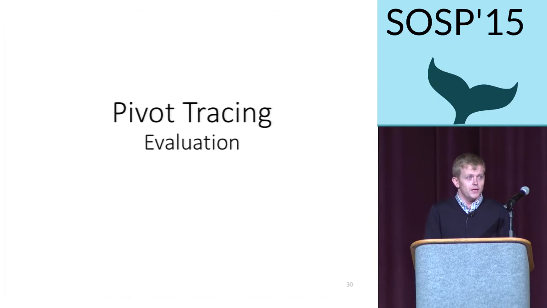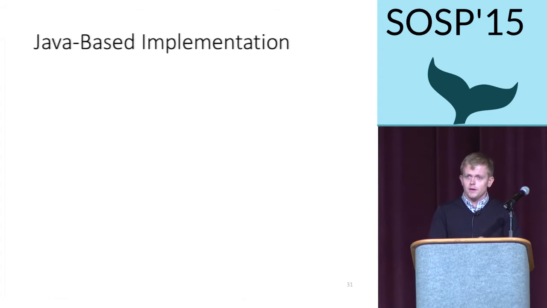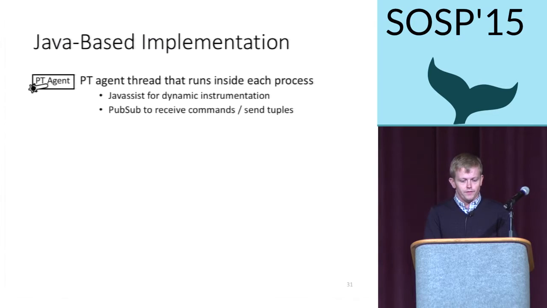So we implemented a prototype in Java and evaluated it in the context of the Hadoop stack. Our prototype has the following components. First, we have an agent thread that runs inside each pivot tracing enabled process. The agent implements the advice API and uses Javassist to dynamically rewrite and reload classes. We use a simple pub/sub system to receive weave commands from the front end and send back tuples produced by